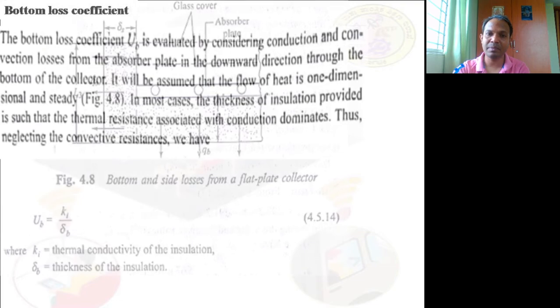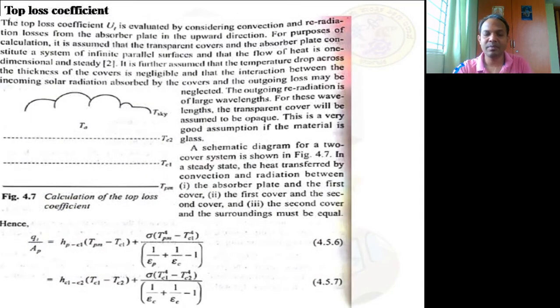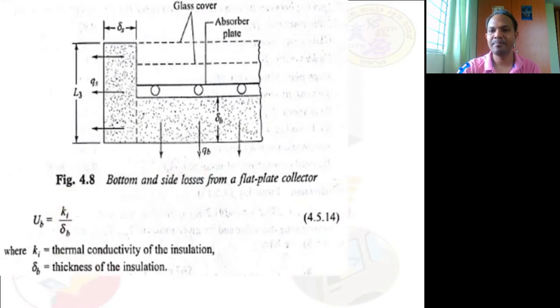Whereas in the top surfaces, which we have shown over here, it is exposed to the surroundings. It is not physically in touch with any solid material, so convection and radiation will be dominant. Whereas here, the bottommost portion is insulated with some material or solid. When it is in physical contact with the material, then the conduction will be predominant.